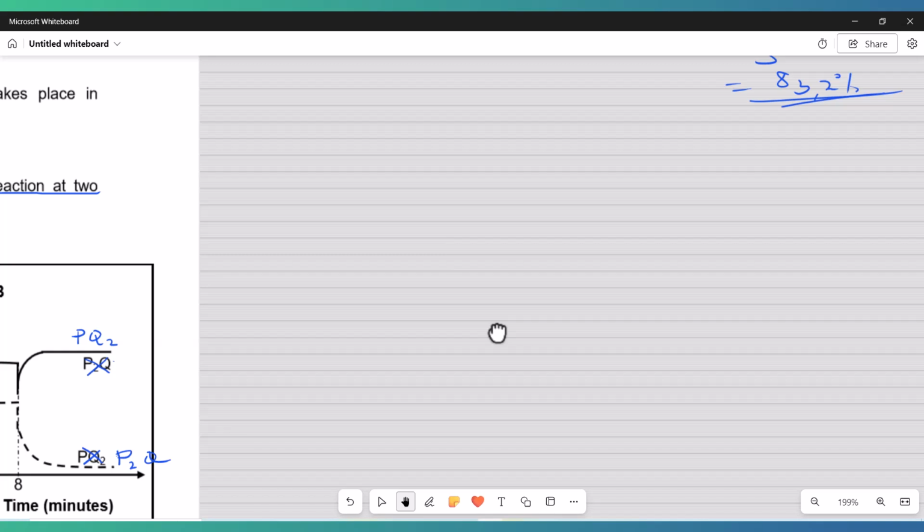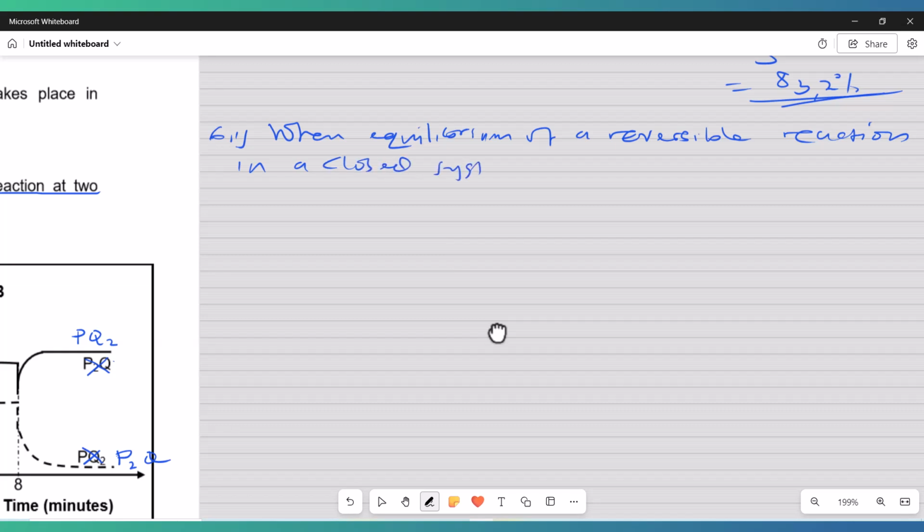We said that when equilibrium of a reversible reaction in a closed system is disturbed,